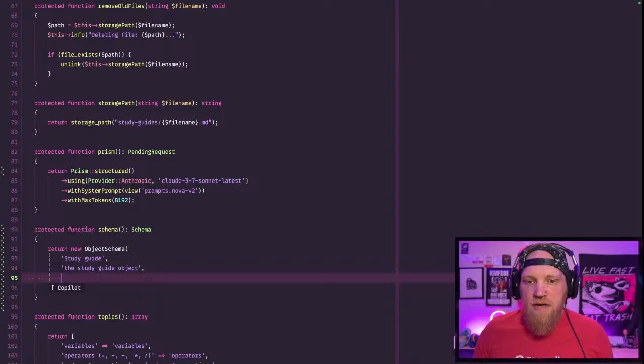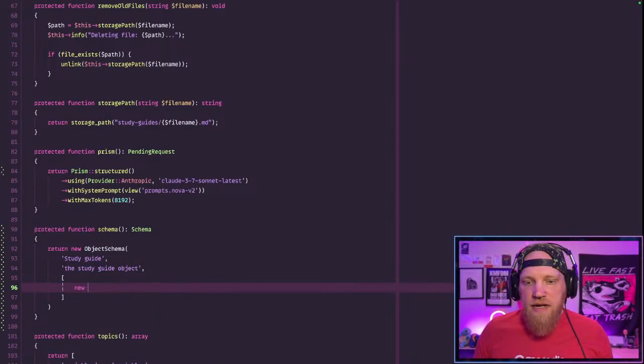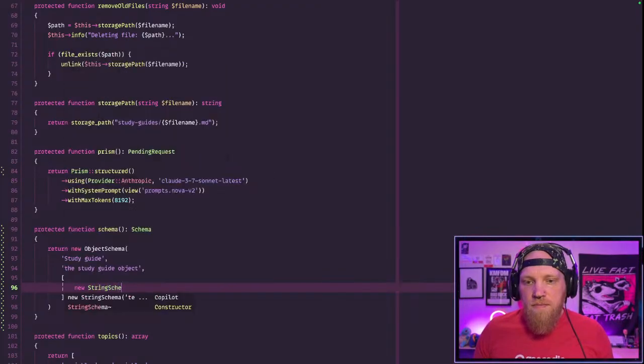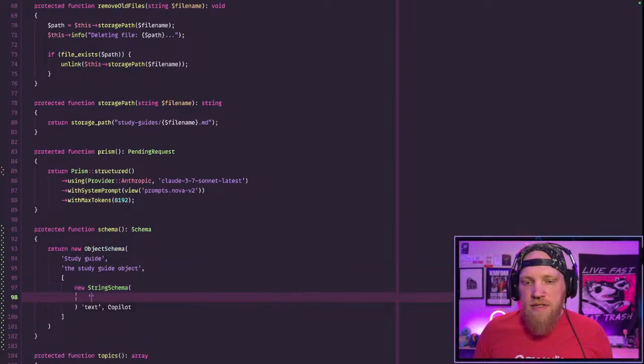We're going to go pretty generic here. Properties, we're going to add a new string schema, and we're going to call this the